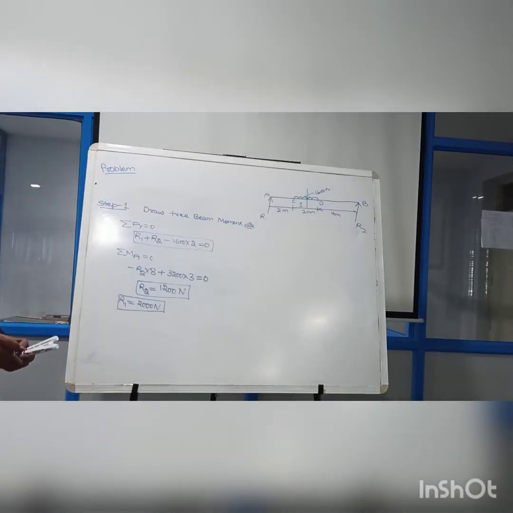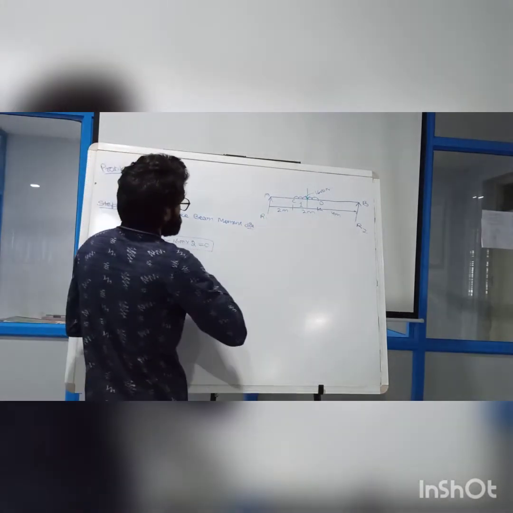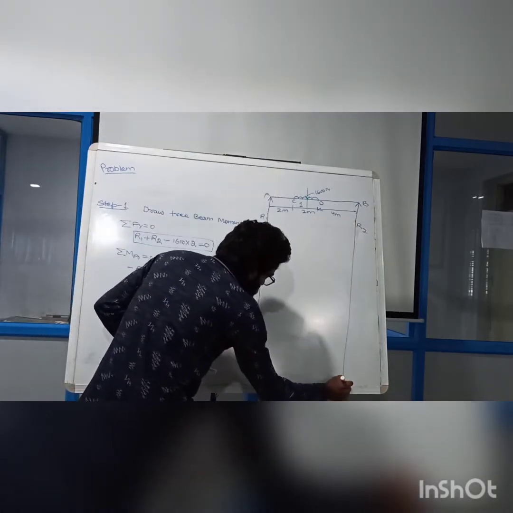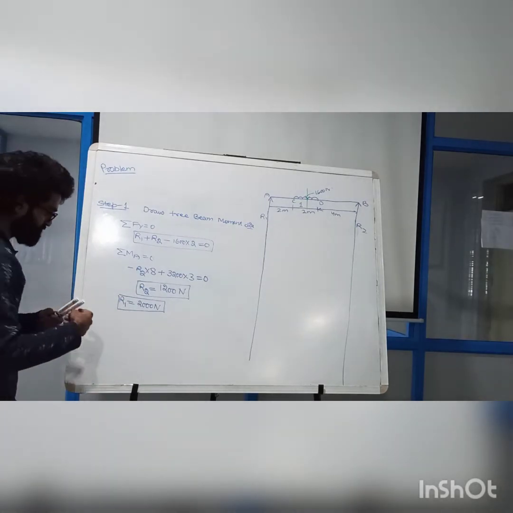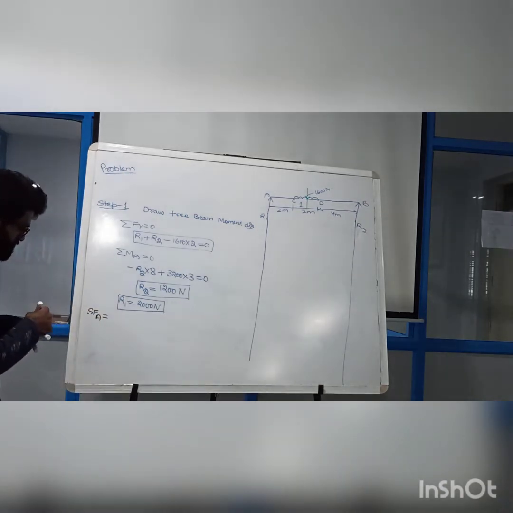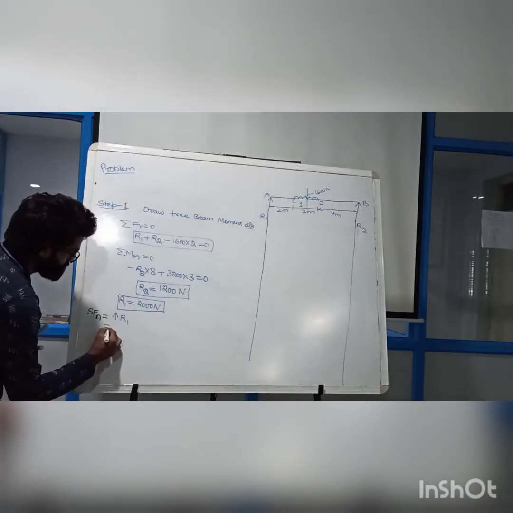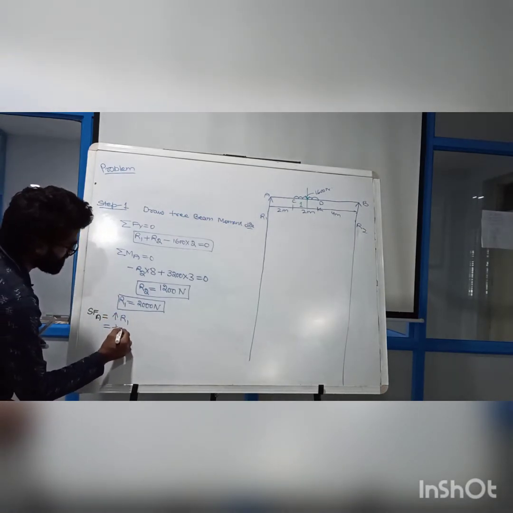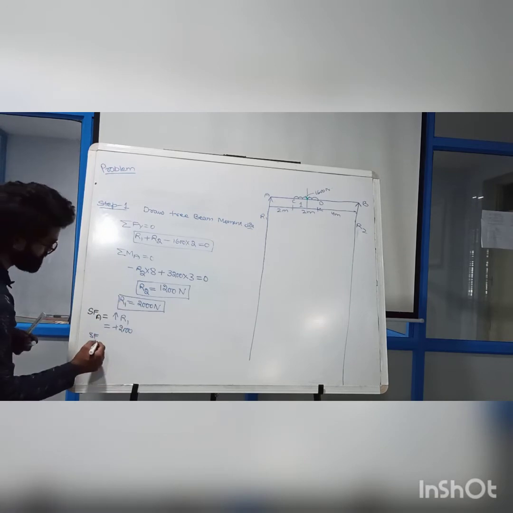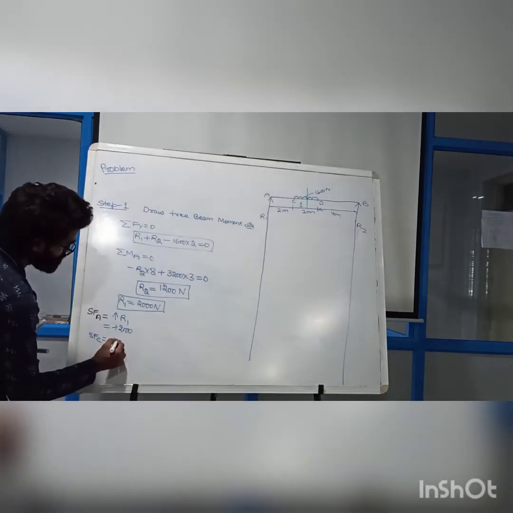If I got my R1 and R2 values, I can draw the SFD diagram for this. As I got the R1 and R2 values, what is my SFD diagram? So you all know how to calculate the SFD diagram. For example, the shear force at point A. See the direction, it is in the upward direction, so directly I will write positive R1. How much is R1? 2000. So at point A I am getting 2000. Shear force at point C: you can see up to point C there is no load, so at point C also it is 2000 only.